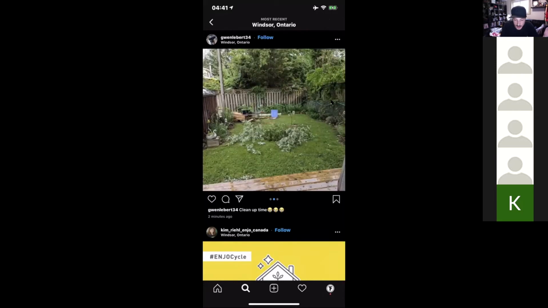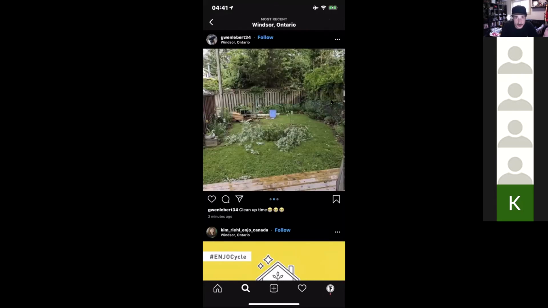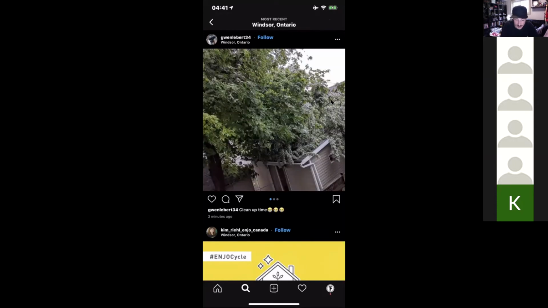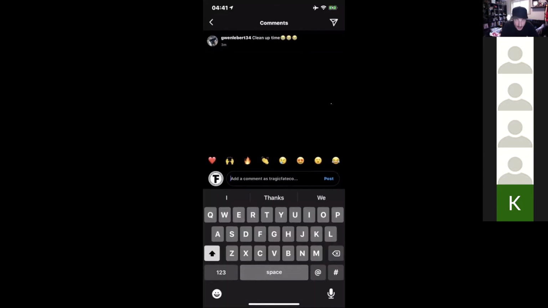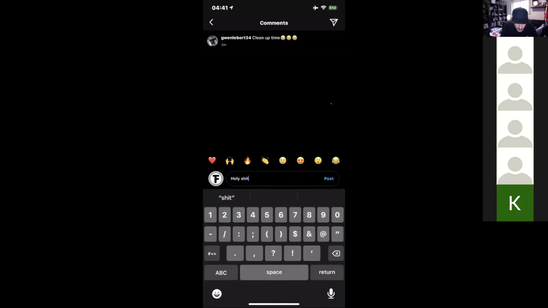And so what you can do, I'm just on this person's page, now I do not know this person, Gwen Labert 34, but I am going to like their picture and I am going to comment: a tree fell on their garage. Holy shit.